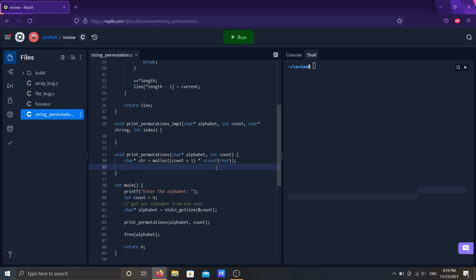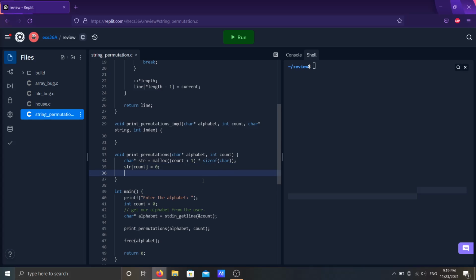Once we do that, we then want to null terminate the string, so then we can print it out to the standard out, because that's going to be our end goal. And after this, we're just going to call our implementation function, which is actually going to be doing the recursion. So we're going to pass it the alphabet that we have been given, the count of the alphabet,